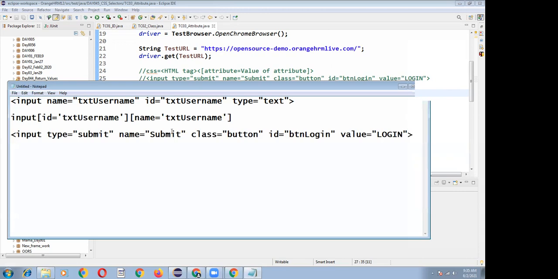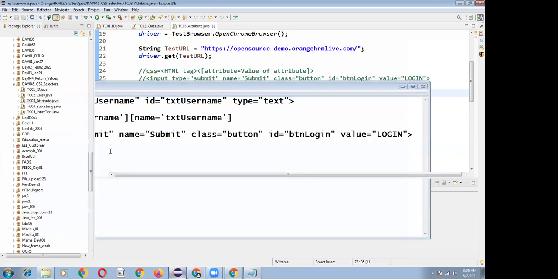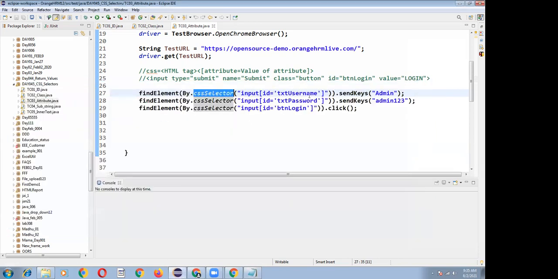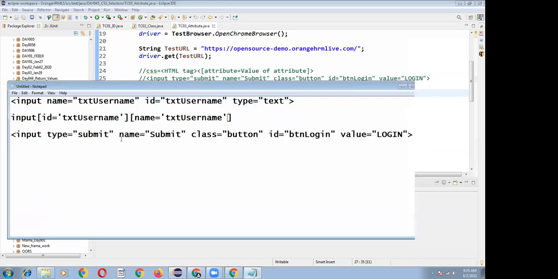So we can add a number of properties based on attributes, so that the web element will be checked wherever ID is equal to txtUsername and name is equal to txtUsername.